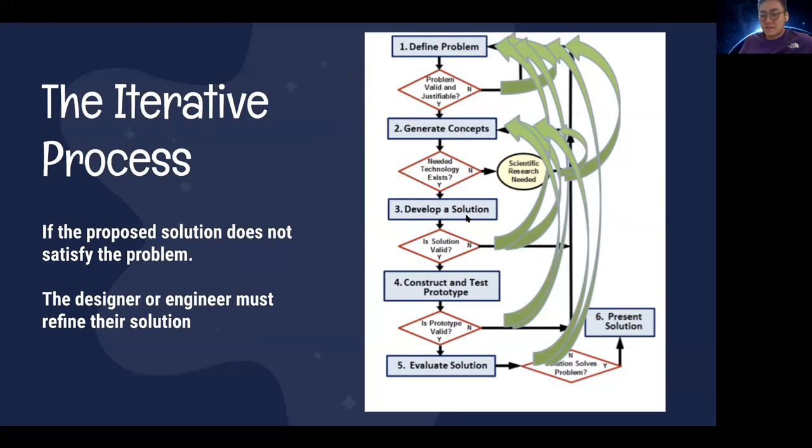So this is iterative. So if it doesn't satisfy a criteria or a need that we have, we have to go back one step and say, for example, is the solution valid? If the solution is not valid, we have to go back, possibly to even defining the problem. Is our problem actually valid? Is the prototype valid? So this is kind of the step you want to follow, and you want to refine your solution to make sure